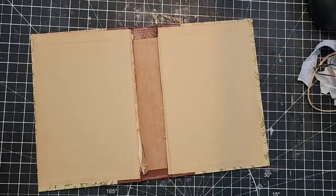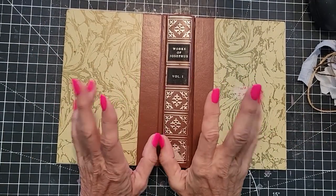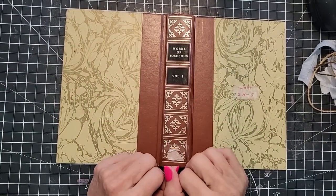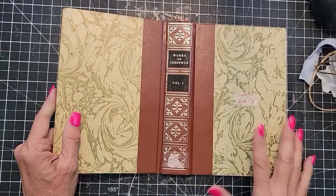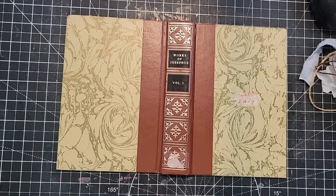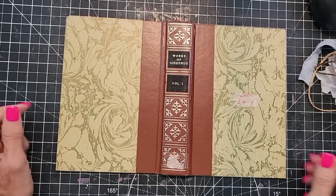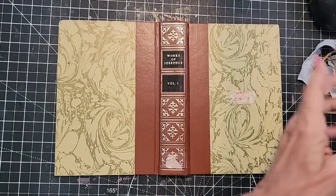I had a request for this and I thought it might be fun to do. We're going to do a no-sew fabric cover for this junk journal. And I thought I would just demonstrate a way where you can incorporate fabric pretty easily. There's a couple different ways to do this. I'll just demonstrate one, maybe I'll explain the other. I think it's pretty easy to explain, but I happen to have